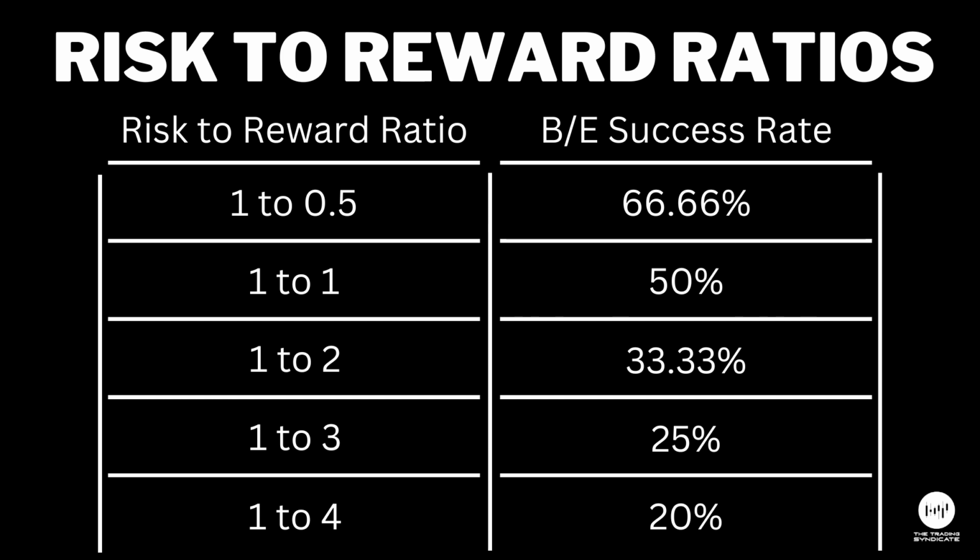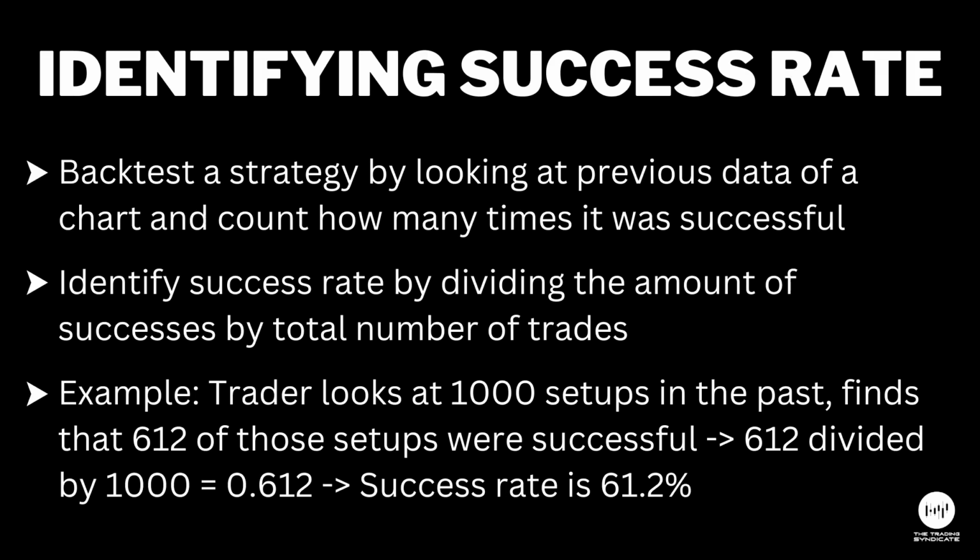So the name of the game in this situation is to find a way to maximize your risk to reward ratio while having a relatively strong success rate. To identify a success rate for a strategy, a trader will need to backtest a strategy to get a strong understanding of how often the price target is met before the stop loss is reached. To backtest a strategy, simply scroll backward through the chart, look for the setup that the strategy follows, and count how many times the setup successfully hit the price target and divide that number by the total number of trades